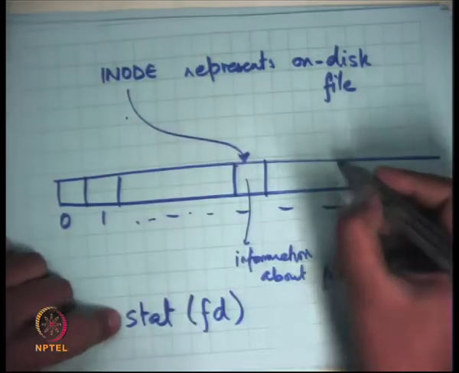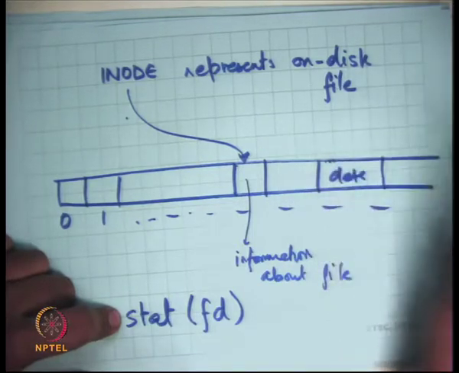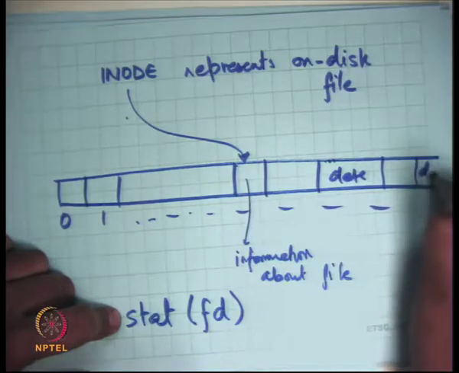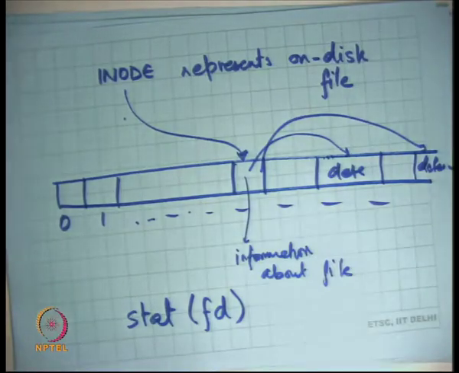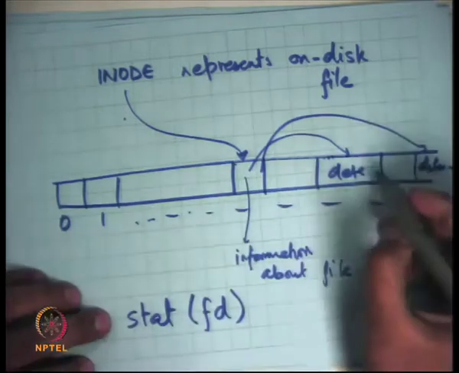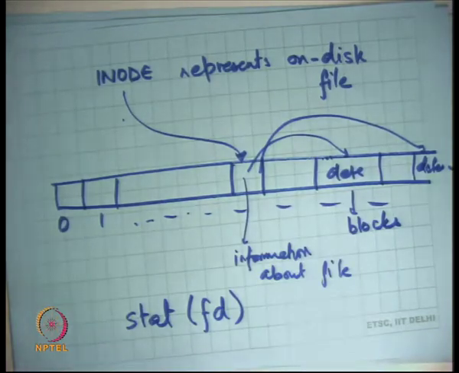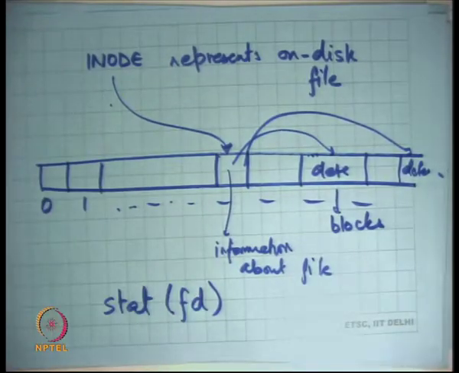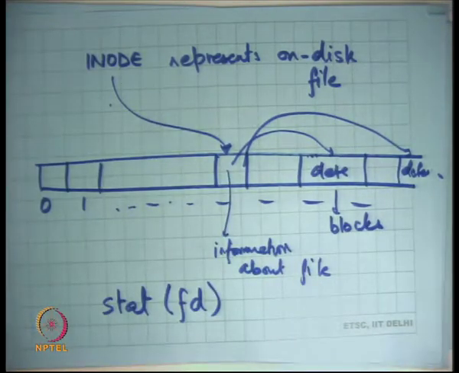The data of the file will be stored as disk blocks on the disk. So let's say this is data 2 and so on, and the inode should say where this data is. So it should have some mapping between offset in a file and the data on the disk. These are called disk blocks, and when you say read, implicitly there's an offset, and so the operating system should convert the offset into the corresponding disk block number using the information from the inode to get that data for you. So that's basically the idea.